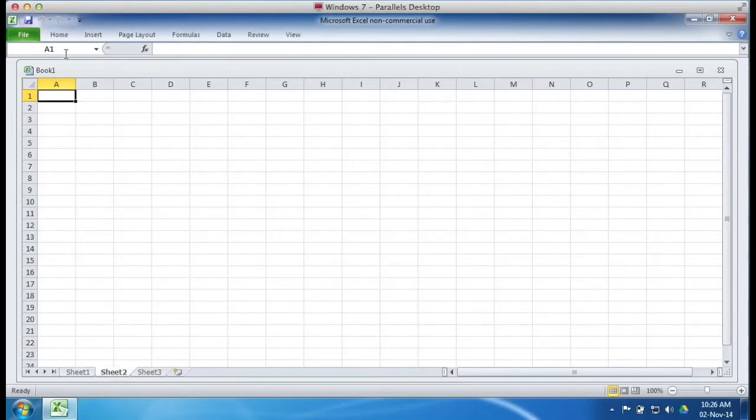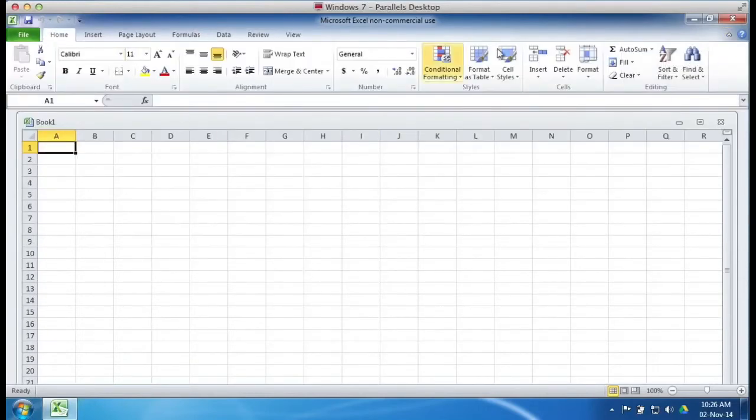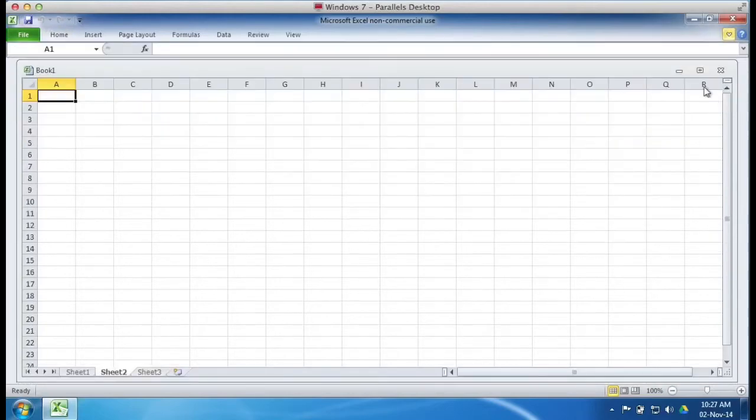On the upper part you can see here in the toolbar we have home, insert, layout, formulas. I'll show you how to use these. Not all of them, but a few of them are very useful. If you click this arrow down, the ribbon expands. This is called the ribbon. This is really not useful for the basic purpose, though a few I will demonstrate. Insert and delete will be used, but overall this particular thing is not very useful. So we just push this and we again get the simple formatting.